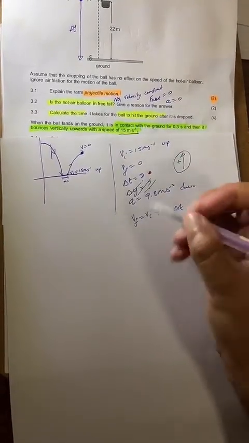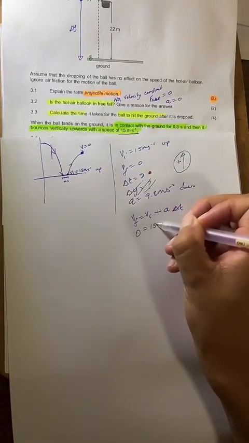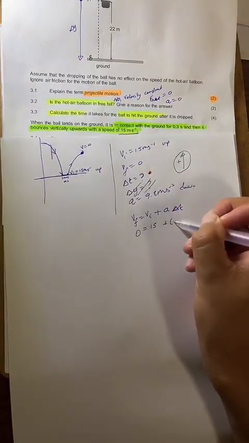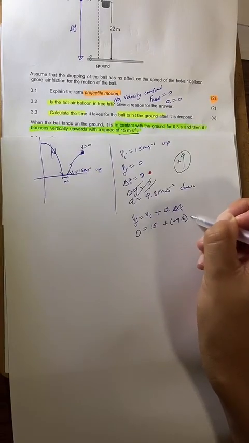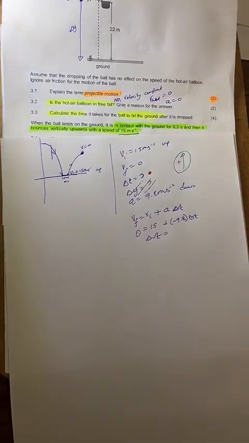So let us see. Final velocity is 0, initial velocity is 15 positive, plus acceleration is negative 9.8, and I can find time. I believe we are in the right direction. Let's see. So you calculate time, you find it's